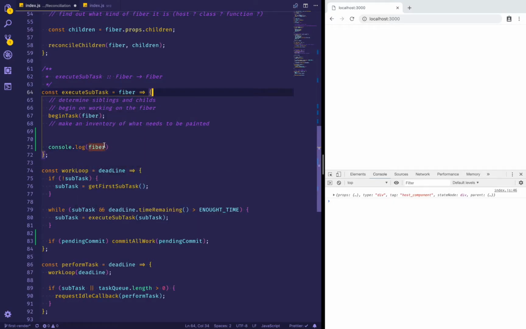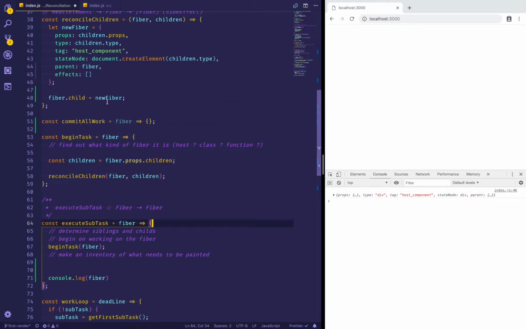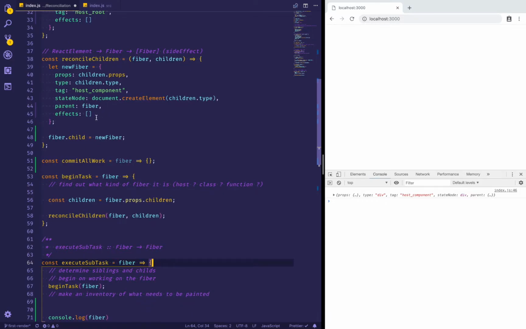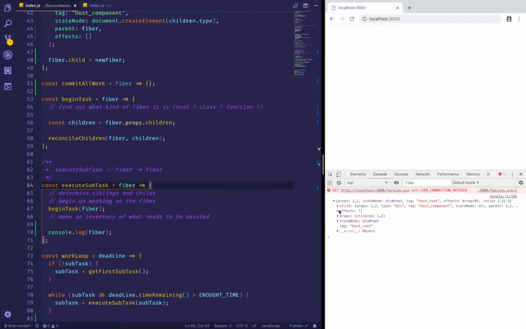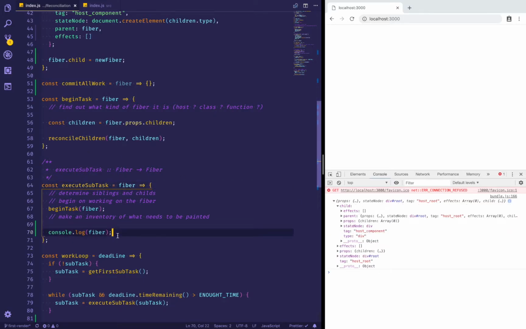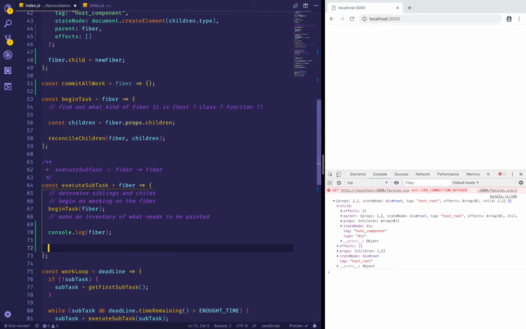The fiber here is different from the fiber in line 65 because we did the reconcile children, so we attached the child, and the child also has a parent. At this point, if I get it, you can see that we have the child, and the child has the parent. So what we need to do is